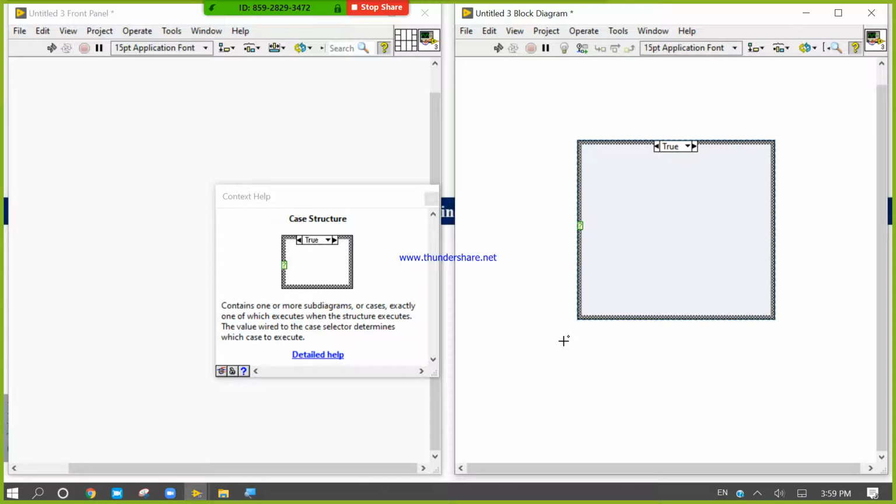So in the case structure there are two things: the case select terminal and the case label. This question mark is the case select terminal, and this one is the case label.